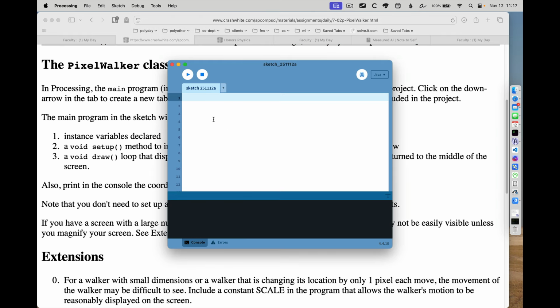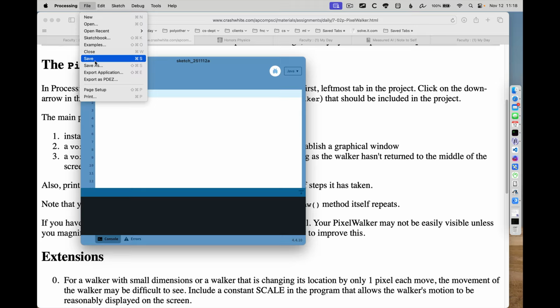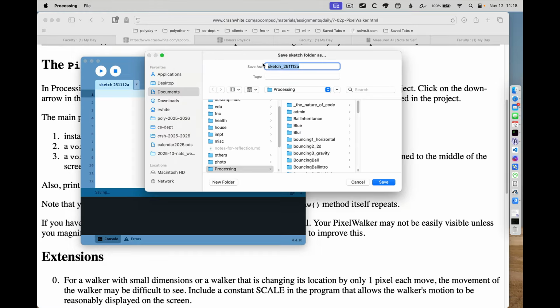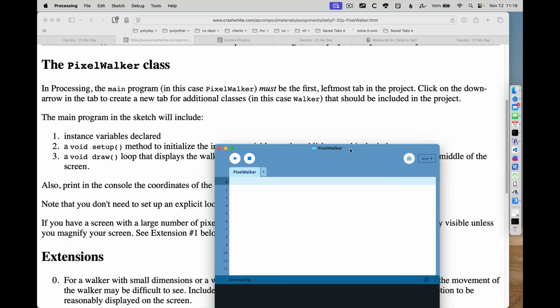So let me go to Processing here. Here I am. This is the leftmost tab. I'm going to call it PixelWalker. So maybe I'll just go up here to save. Call it PixelWalker. I think I'm just going to save that on my desktop here. So that's where that project will be. And once we've saved that project,